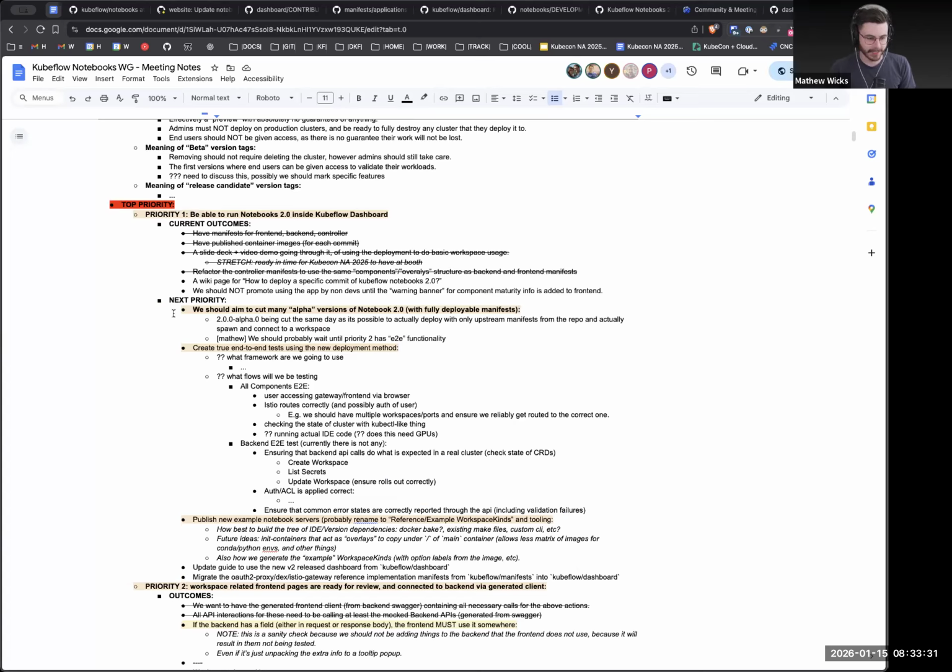As soon as we can actually get something working, I think we did say that we should cut some alpha releases. But do we agree that should just happen as soon as possible, or once we have a fully deployed manifest, should we just start cutting alpha releases? I think getting the end-to-end test is the last thing, which we're close. I just need to revisit it. Hopefully by next week, I'll have that E2E basic PR that we talked about, Matthew, in place.